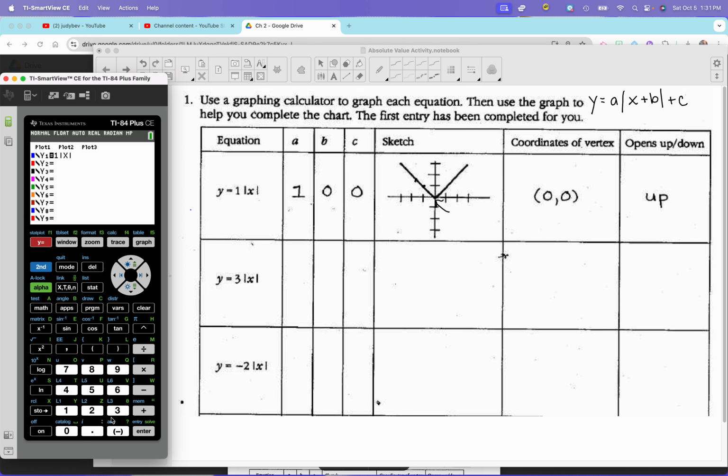So then for the next one, I'm going to change this number. You can either clear it, or if I type over the 1 and make it a 3, I'll have what I need next. And so that's what I'm going to graph. I can hit the graph key and I could see, wow, now look, it's kind of squished and skinny. And if you want a table of values, go second table